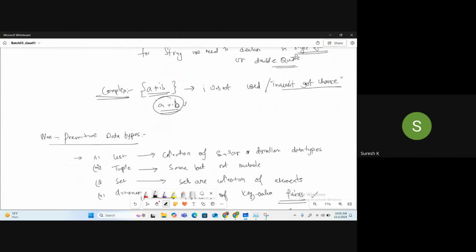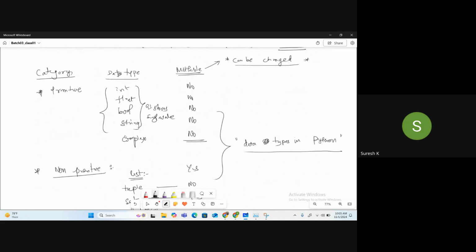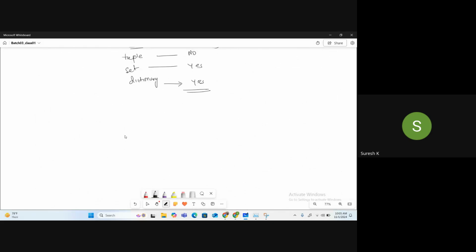One of the best features in Python is that it is declaration free. Sripad, can you tell me any idea about this?